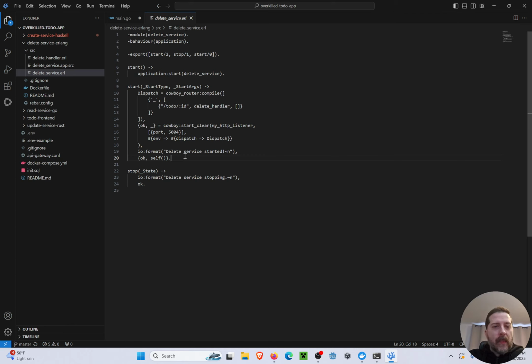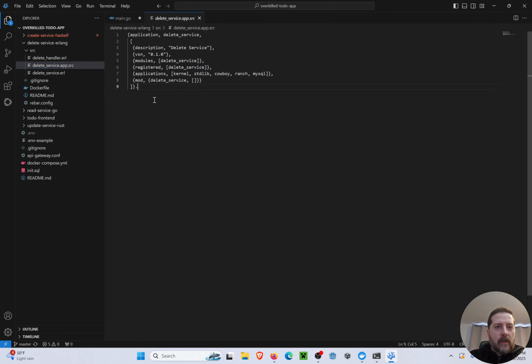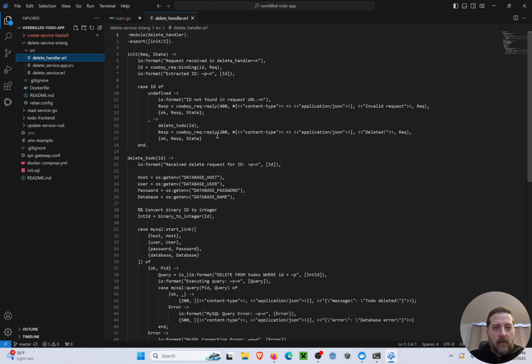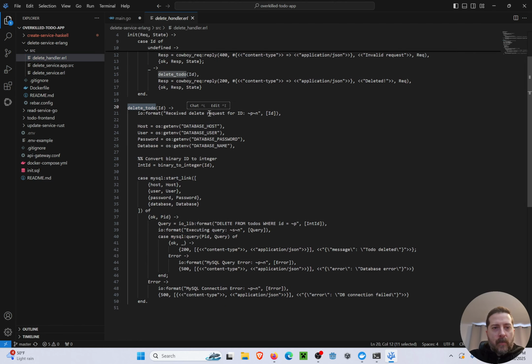into it again. We have all of them with the ports like 5001, 2, 3, 4. We're at the fourth one because I built them in the CRUD order, using Cowboy for the HTTP server. And I think if you look at, so this is sort of like the blueprint or the definition, and then here's the actual delete handler. This is where we pass the ID off to the delete function. There's some extra